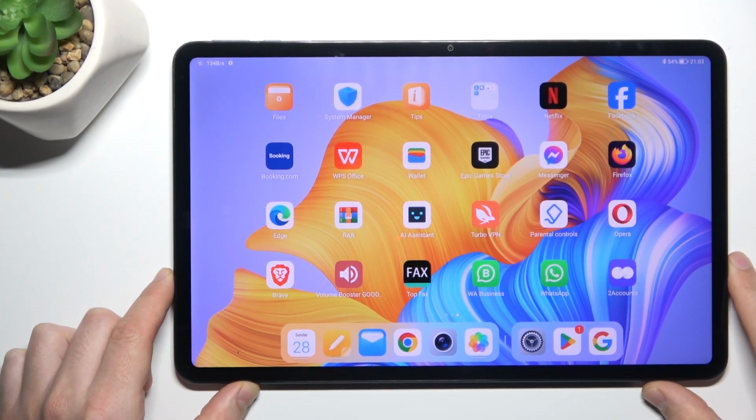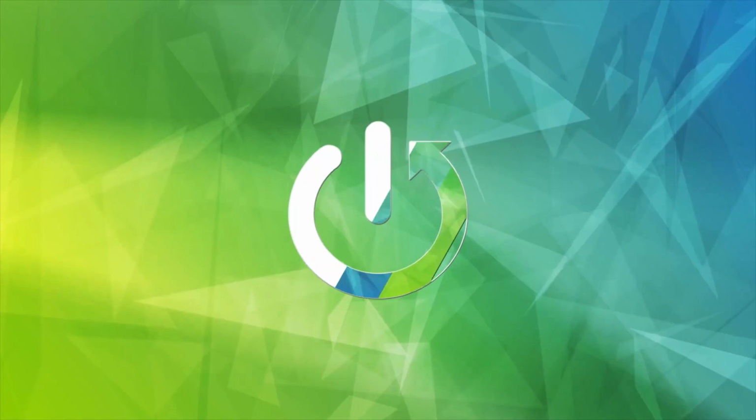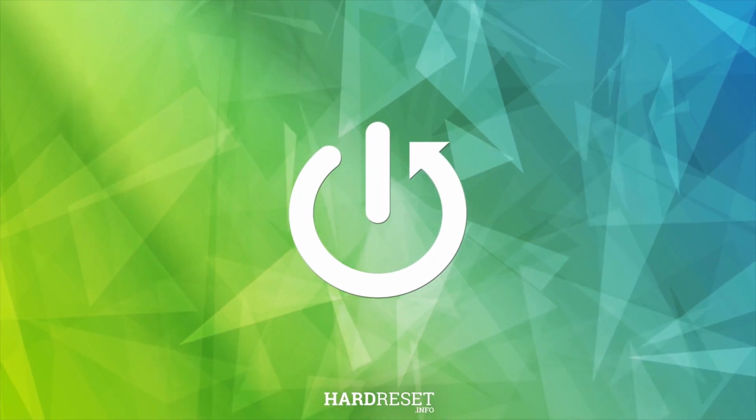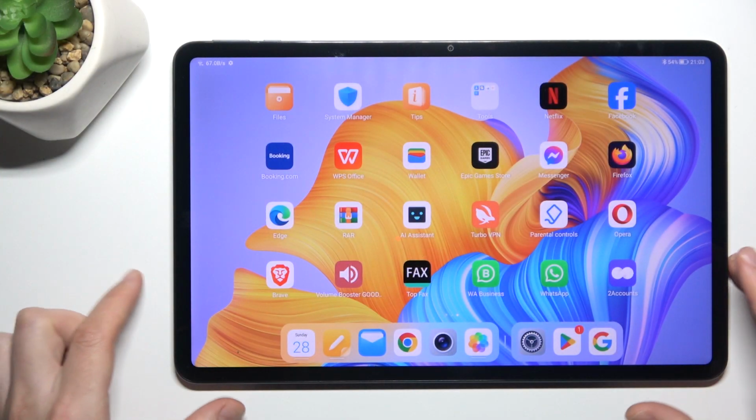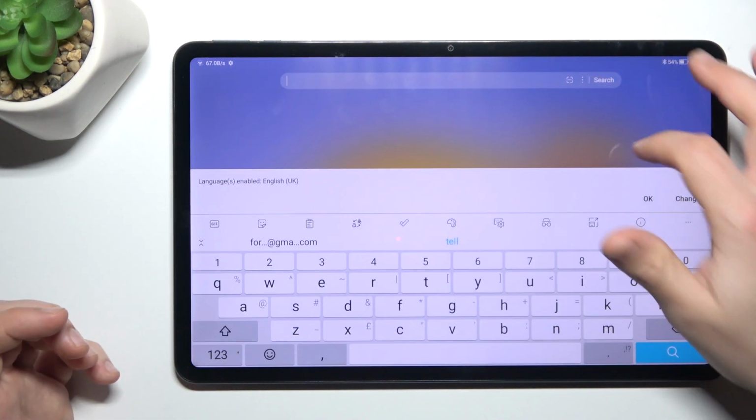Guys, today I'm going to show how you can fix invisible WhatsApp notifications in Honor Pad 8. So if you don't see your WhatsApp alerts, at the start always check the simplest way, so check your DND